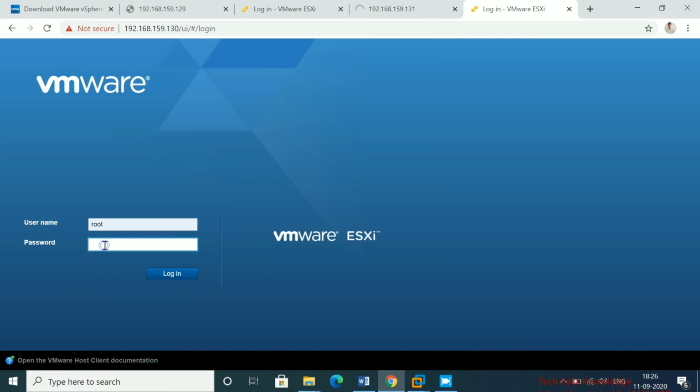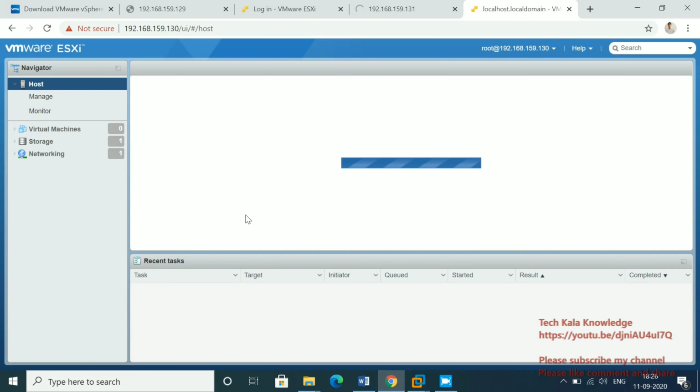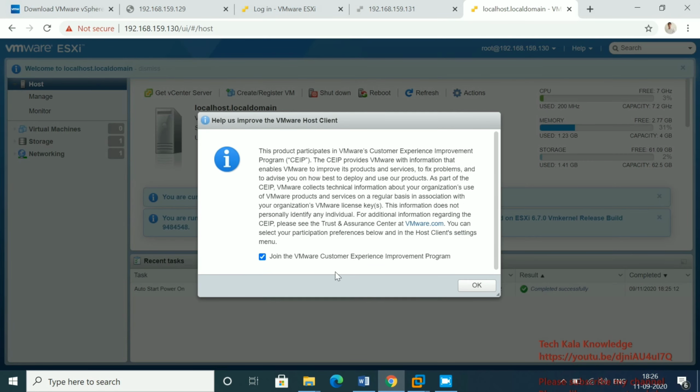Give your root credential here. Yes, now you can see it's working. So now it's ready. So this is the way you can install your ESXi host on your VMware Workstation.